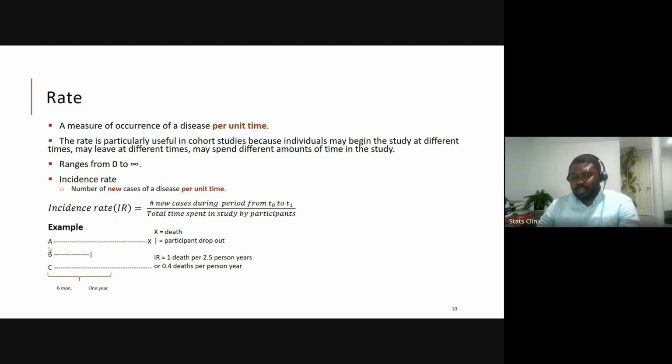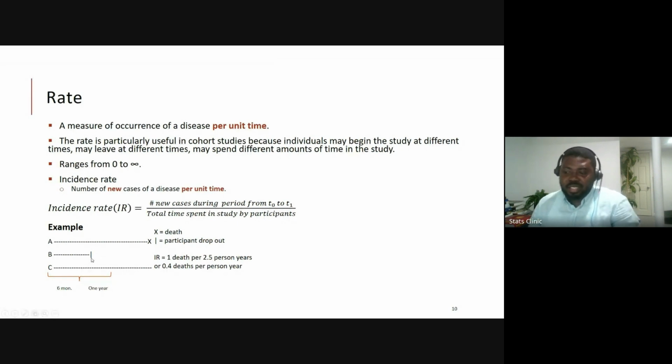It's a sum of the amount of time spent. So if person A spent 1 year, then that is 1. If person B spent half a year, then that is half. So you add 1 plus half, that's 1.5. And if person C spent 1 year, then that's how we come up with 2.5 years.